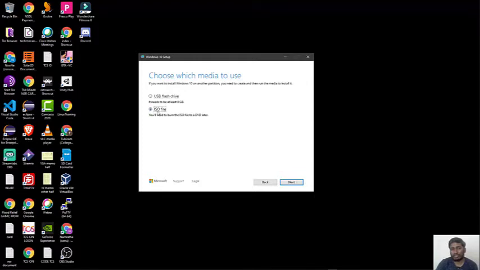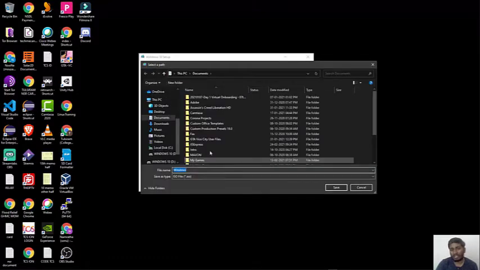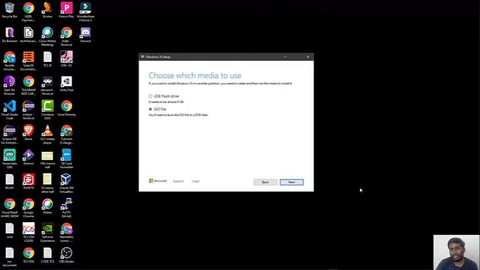If you select the ISO file, it will ask you to select a location. So if I click next, it will ask me to select a location where I need to save the file. It will download the file there, but I don't need it because I already have a USB card. I'll install Windows 10 on that. I'd recommend using this because it will do a clean install of Windows and all your files will be saved in a correct manner so that you won't have any problem when installing via pen drive. So then after selecting USB flash drive, click next.